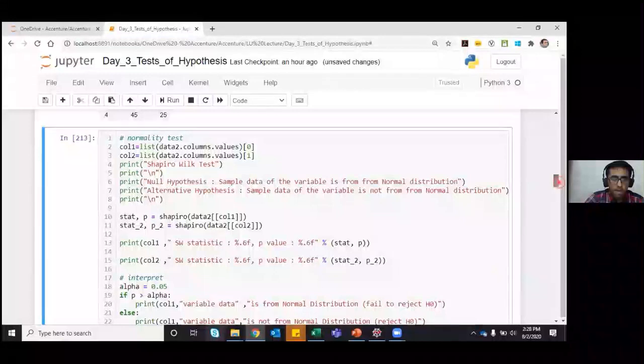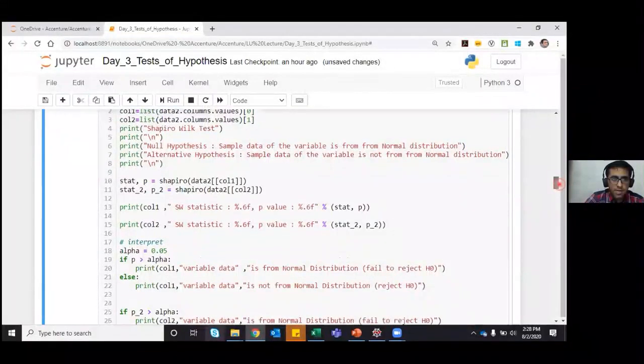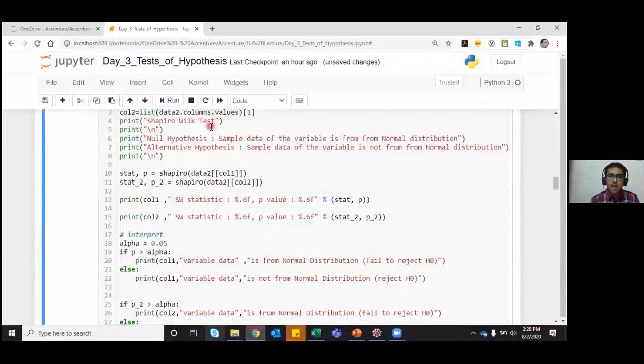So now you can assume I have two data columns, and for the Shapiro-Wilk test we have the null hypothesis that the sample data of the variable is from a normal distribution, and the alternative hypothesis is that the sample data of the variable is not from a normal distribution.